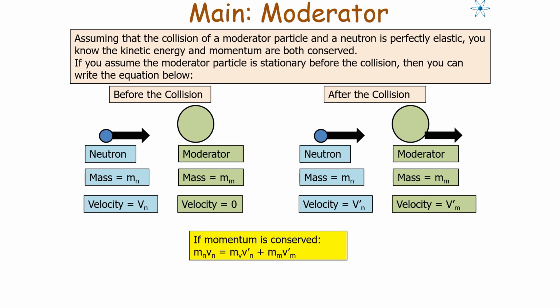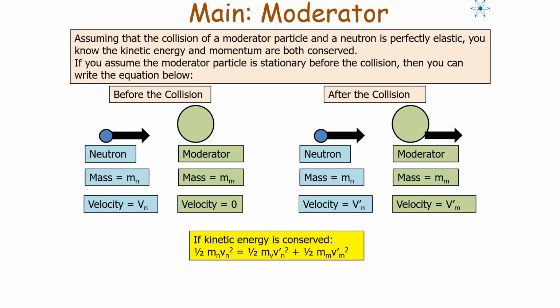So if momentum is conserved, we can say that the momentum of the neutron before the collision, because the moderator has no momentum as it's not moving, is equal to the momentum of the neutron plus the momentum of the moderator after. And it's the same idea for the kinetic energy: the kinetic energy of the neutron before, because remember the moderator before has no kinetic energy because it's not moving, will equal the kinetic energy of the neutron plus the kinetic energy of the moderator